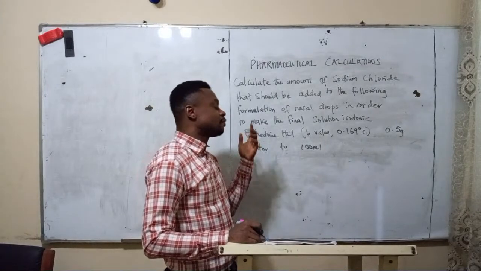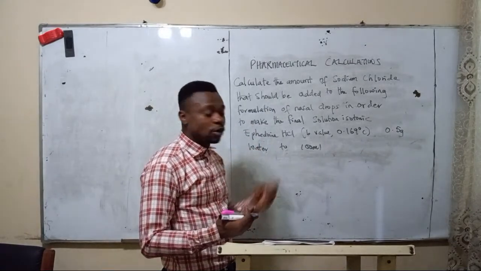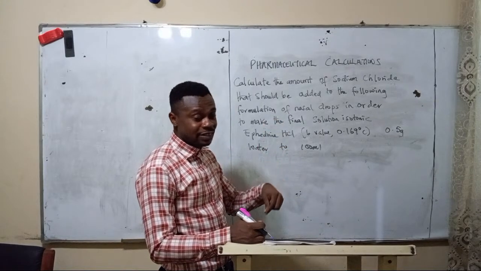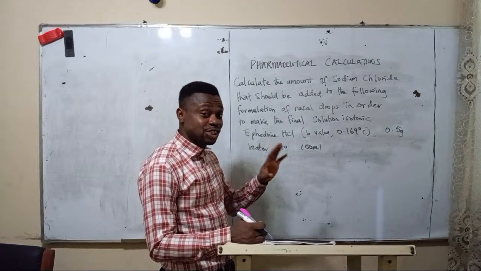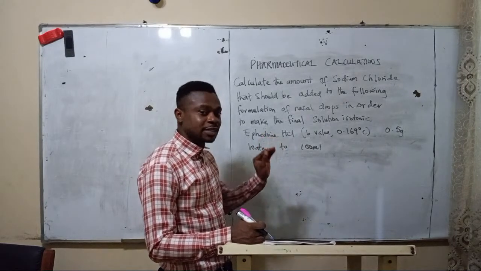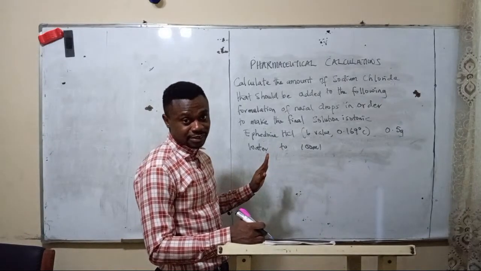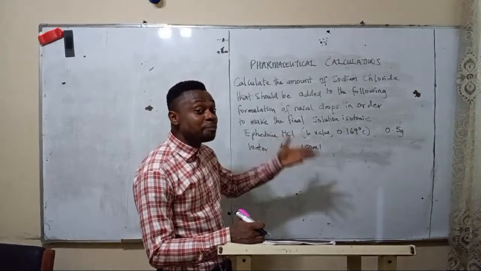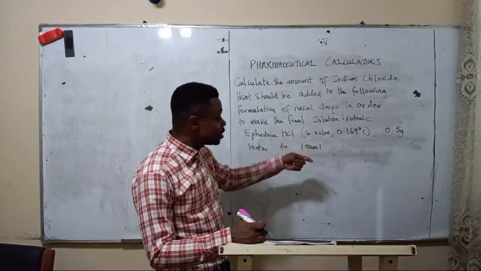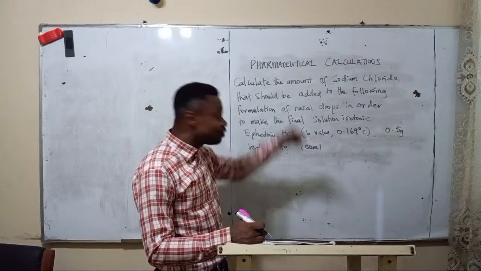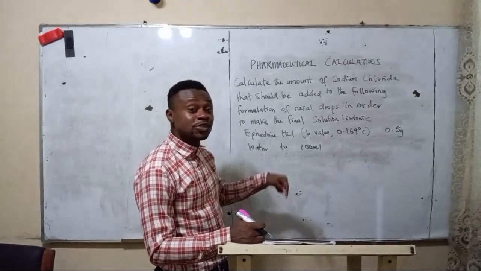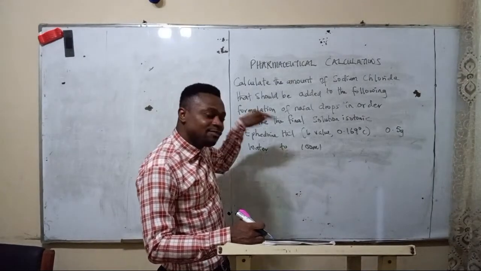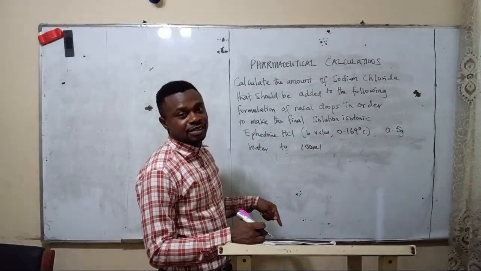Because once you add a solute inside a solvent, a lot of the physical properties of the solvent will change, such as the boiling point, because it's no longer pure. You got an impurity. So the freezing point of the solvent will depress. So we use that freezing point depression to determine